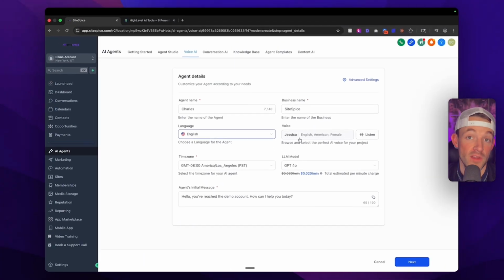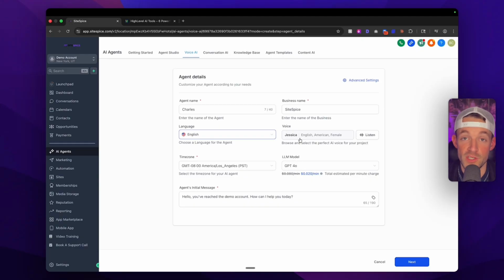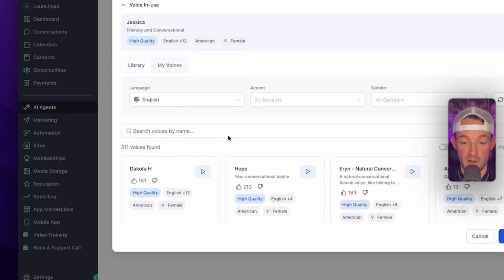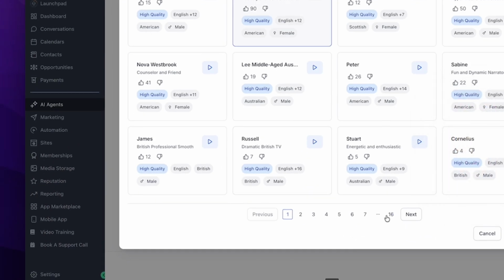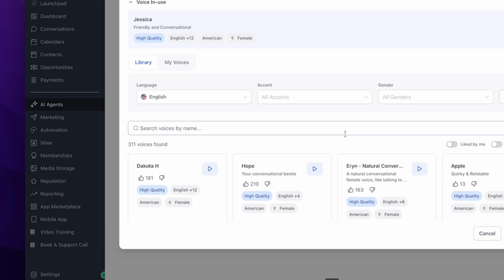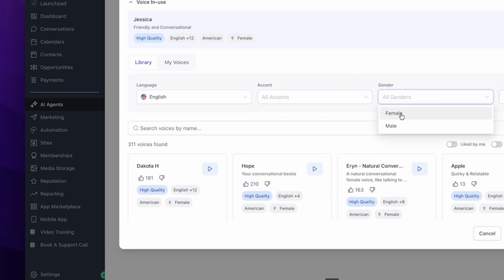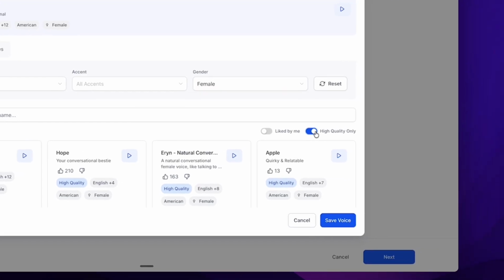And then this is the funnest part. GoHighLevel is partnered with 11 Labs to bring in a bunch of different voices so that you can pick the voice that you feel best represents your business. To do that, you can just come over here and it will open up their voice library. You can see there are 16 pages of different voices. I typically like to get a female voice because they just tend to be a little bit better. So I'll go over here to female,